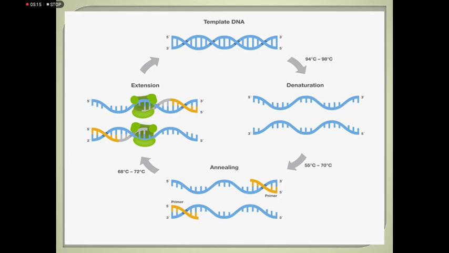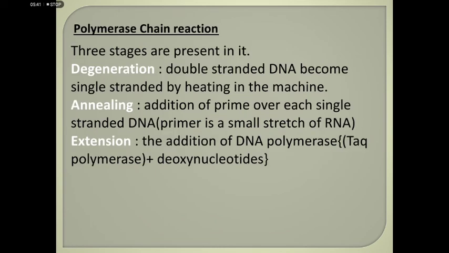In that situation, we isolate a polymerase enzyme from an organism known as Thermus aquaticus, so that this Taq polymerase can withstand high temperature, and it collects the deoxynucleotides from the pool